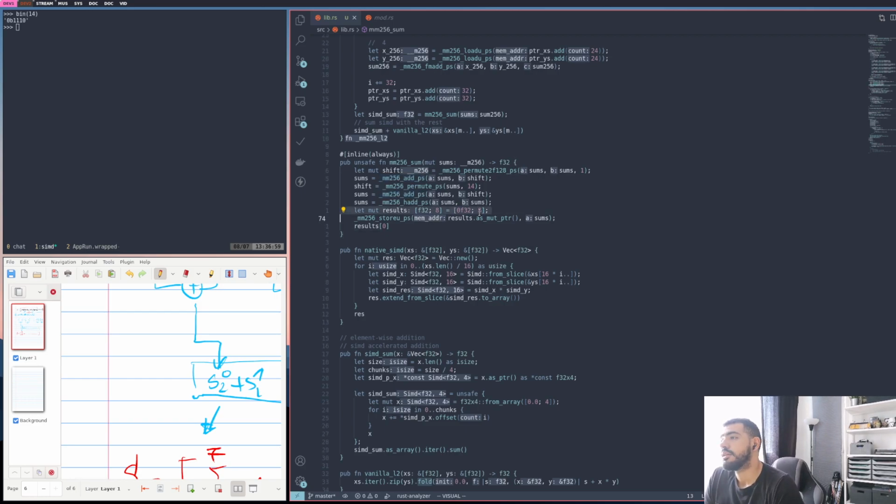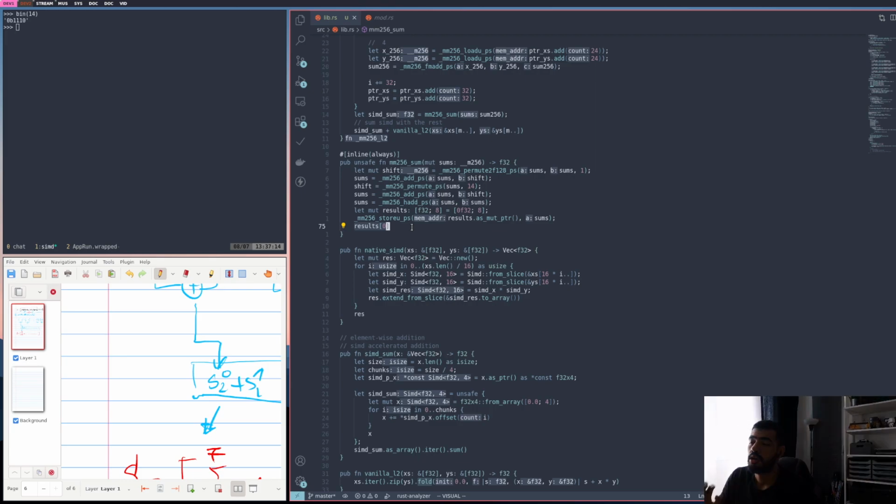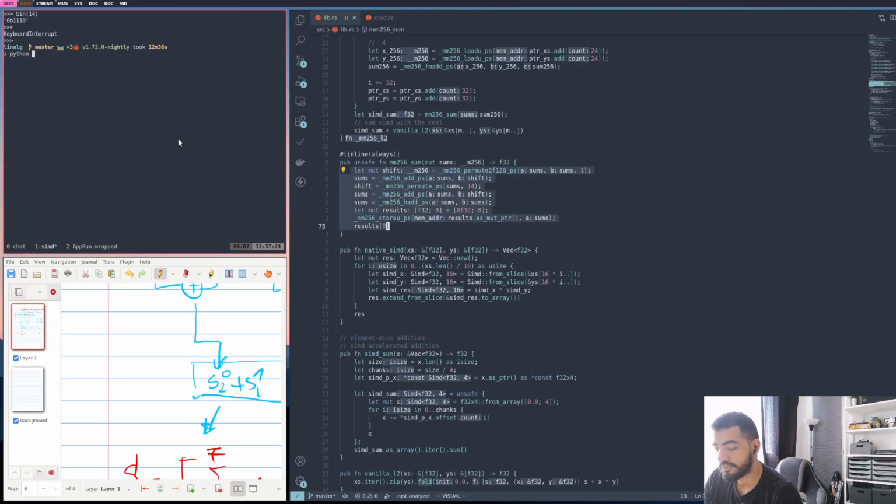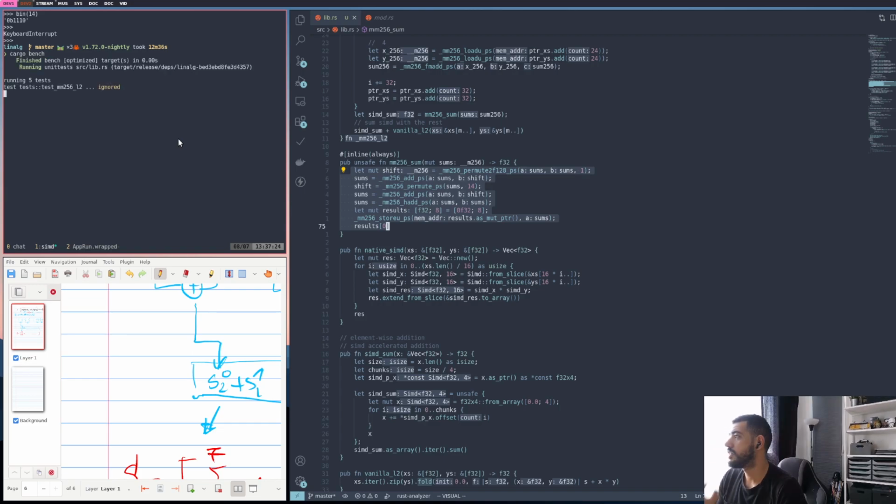We initialize an array of 8 floats. We store the vector in the pointer of this result, and then we return the first value of the vector. So this is why we get this kind of performance. It's quite convoluted, but it's fast. Okay, so I hope that explains